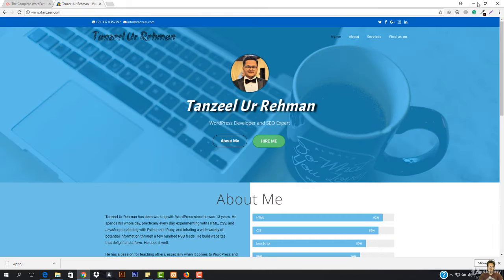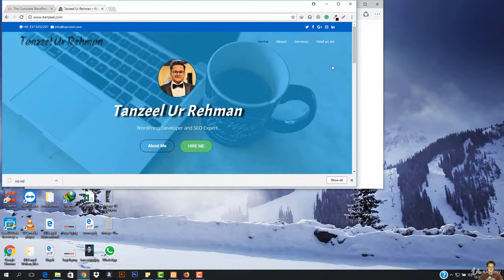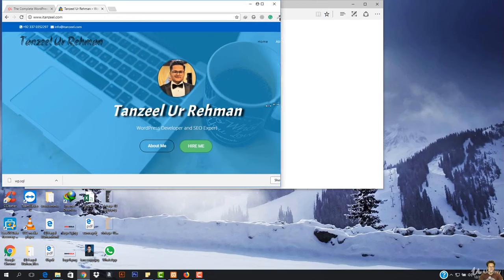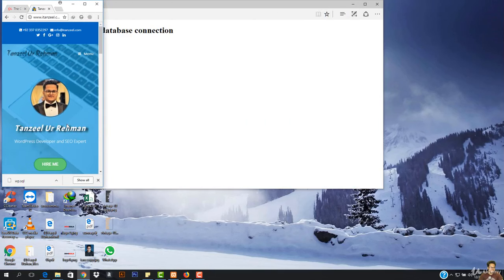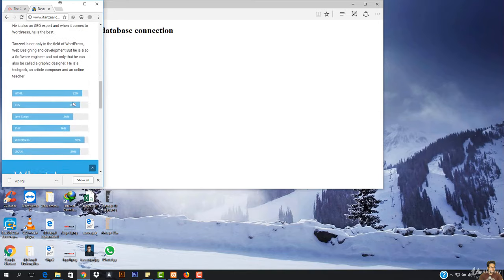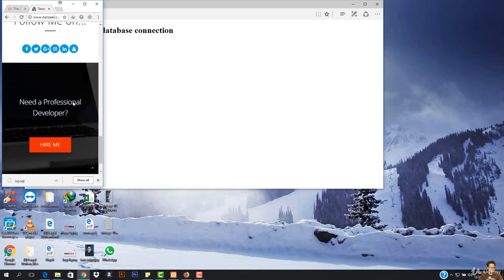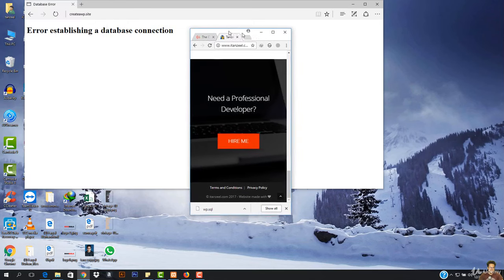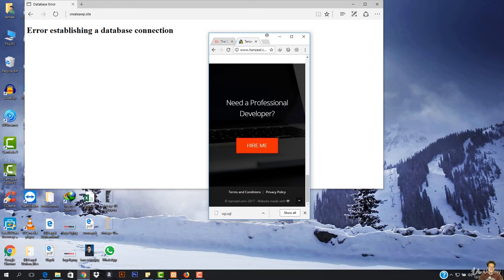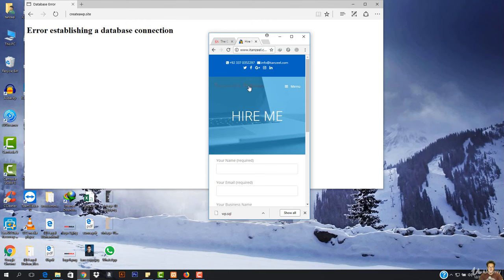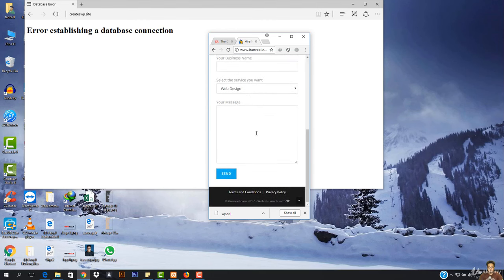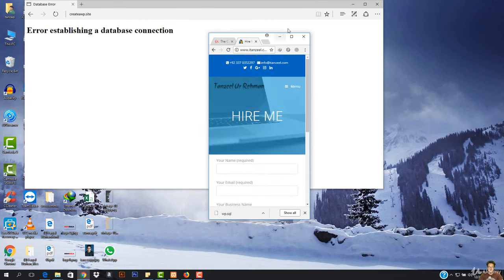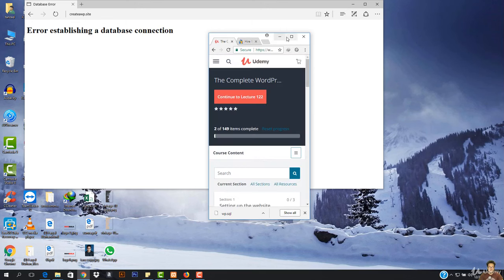Okay, you can see this website is also mobile optimized. So if I just change my width, you can see this is also changing. So this is totally mobile optimized. And if someone is on a mobile device, okay, so if I am on the mobile device, then you can see that if I just click here, instead of the pop-up opening, it redirects me to the Hire Me page. Okay, so this is also done in this first project that we're going to be building